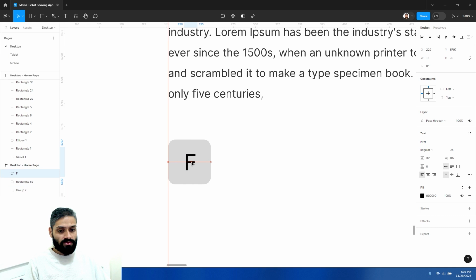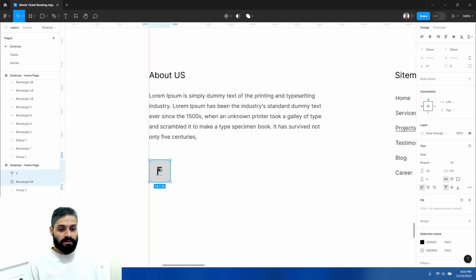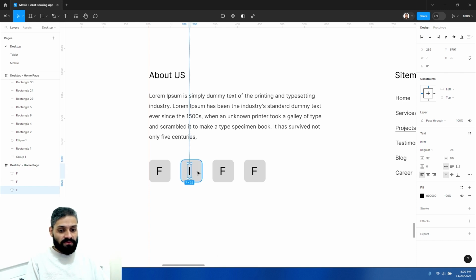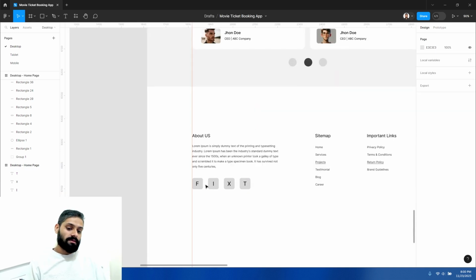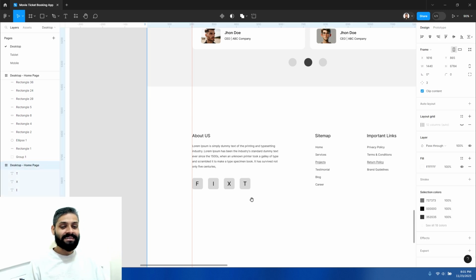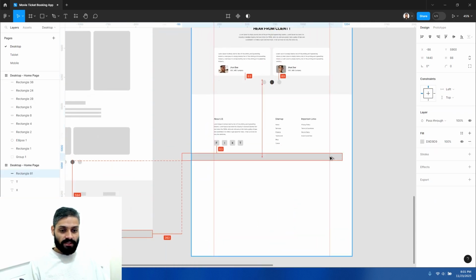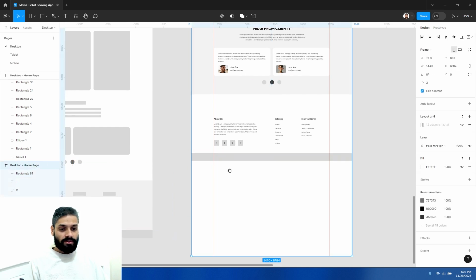Yes, Facebook. Okay, and let me give a little gap at least. And this will be Instagram, for example. This will be X, the former Twitter, and it will be TikTok. Instead of icons I just name the first letter of each application, and it becomes fixed, isn't it? It's good, right? Fixed. Anyway, at the end of the footer, what we have to add is